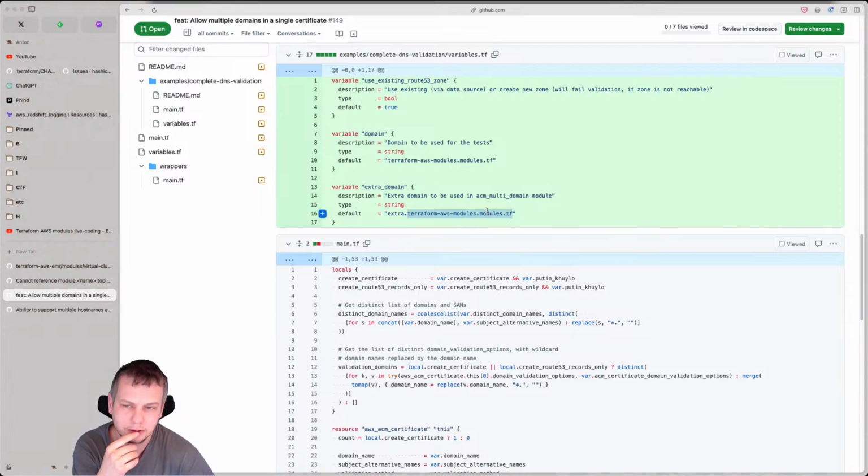I need to be sure what kind of record is expected. Because if I want to validate this domain, for example, I may have to create a record inside of just this domain to prove that I own this subdomain. Or I may need to create a record inside of this whole domain. You see it?